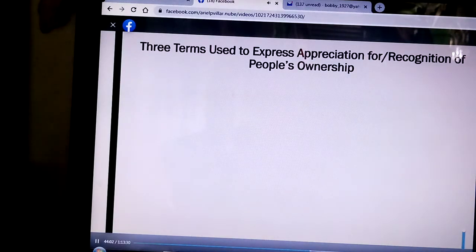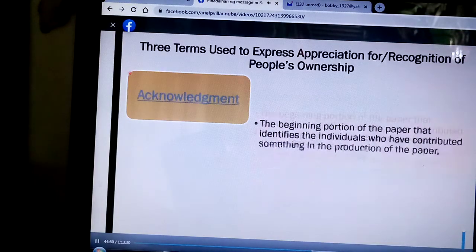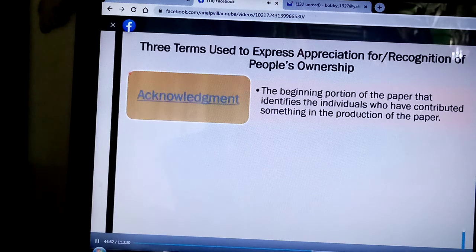Alright. So, what are the 3 terms on how to do citation? Okay? Terms to express appreciation for or recognition of the owners of the ideas that you have written in your review of related literature and studies. Okay? Ito yung tinatawag nating parenthetical citation. So, the first one, syempre, acknowledgement, which is 1 page of your thesis, the beginning portion of your thesis,